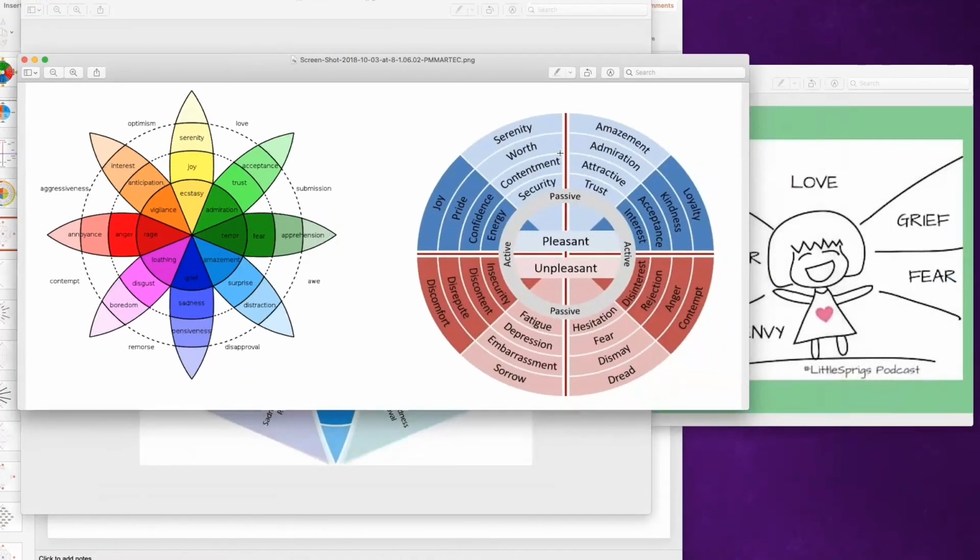This came from a marketing organization called Martech, and they said basically if you want to market something successfully, then you need to look at these and which ones are passive and which ones are active and which ones are pleasant versus unpleasant.